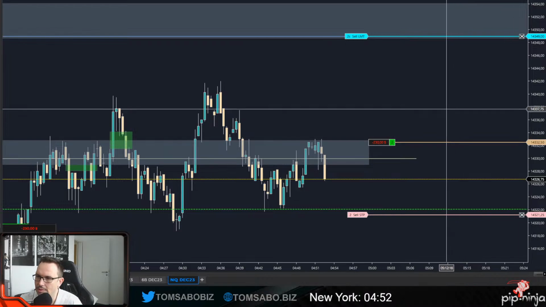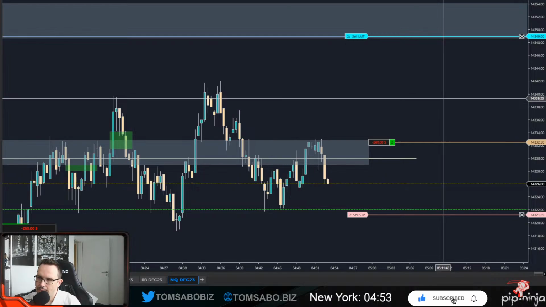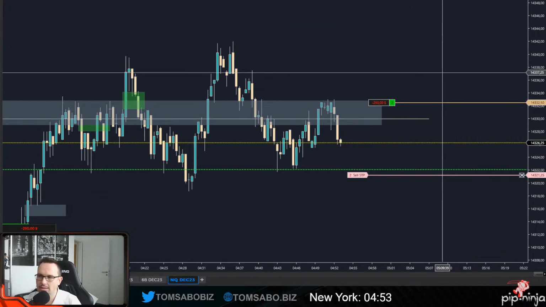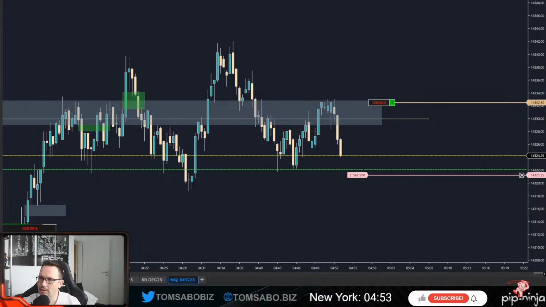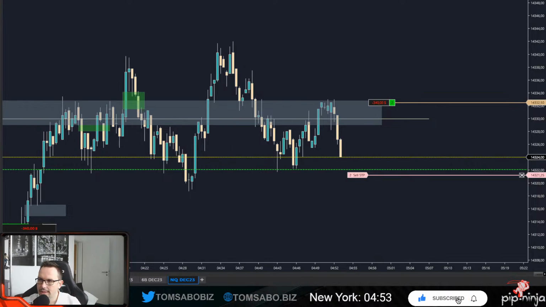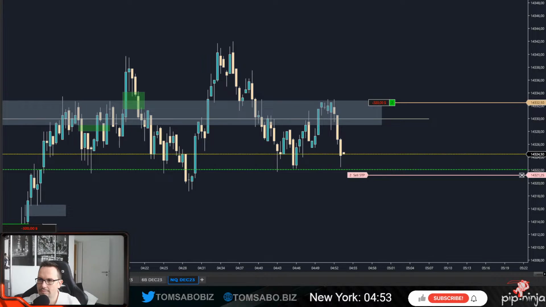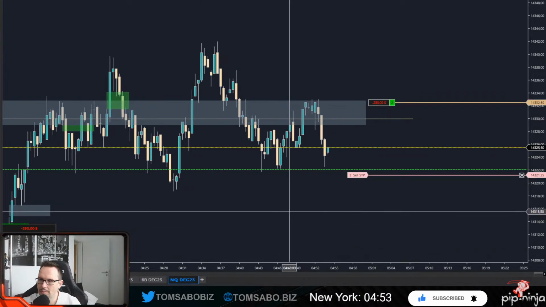Look at NQ. Come on, NQ. NQ is melting. Should have closed at break even. Damn it. All right, NQ is taking us out. I have to make the hard decision and cut this one. Does it really matter if I cut it at this point or not? Gold is melting. What the hell is going on?